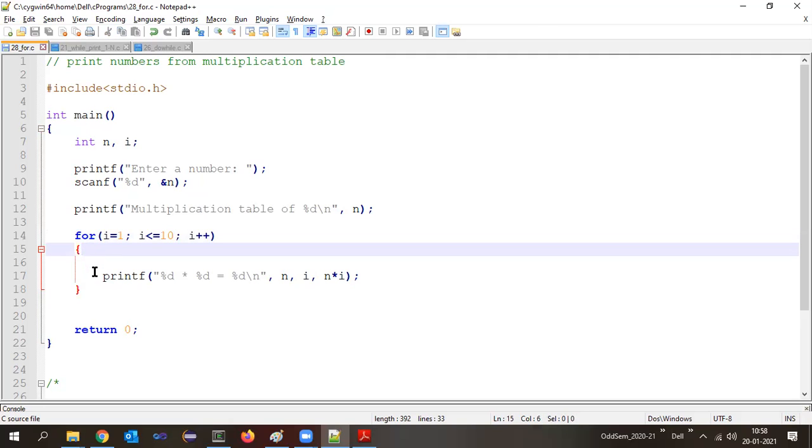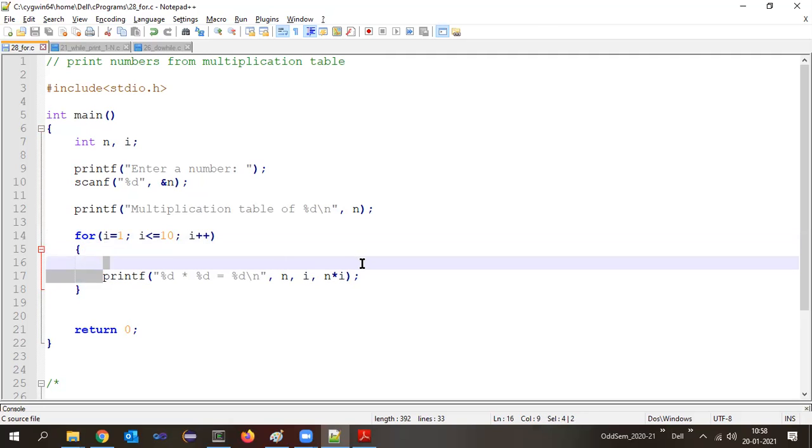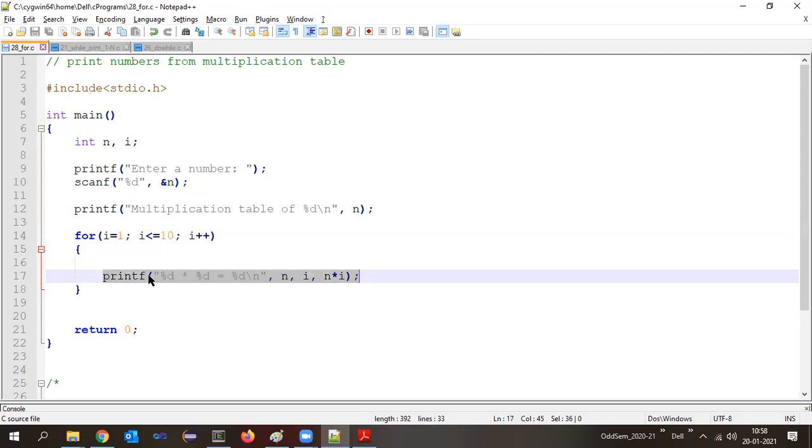So here, there is only one statement to be executed. What is the statement here? Printf. But if you look here, in the printf there is an arithmetic operation also. So first this arithmetic operation will be calculated as N into I. That will be taken first. And then it will start printing all the values. So first is the N value. N value in this case is 4. So 4 is printed.